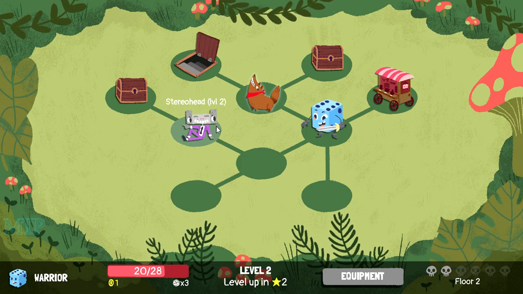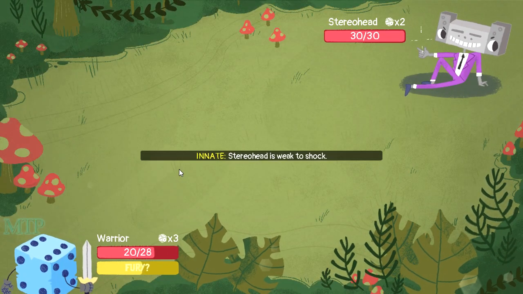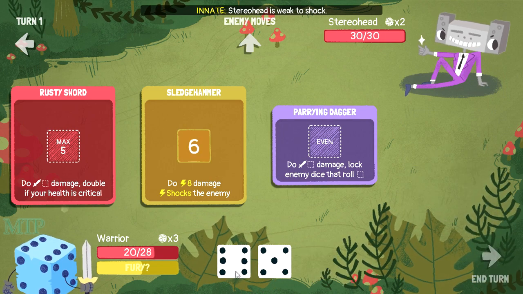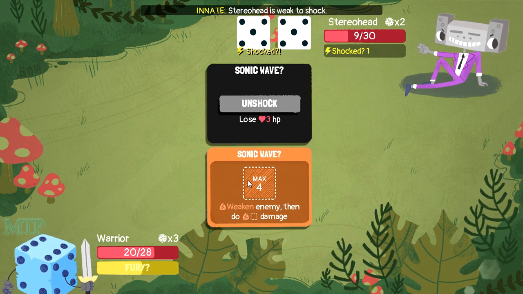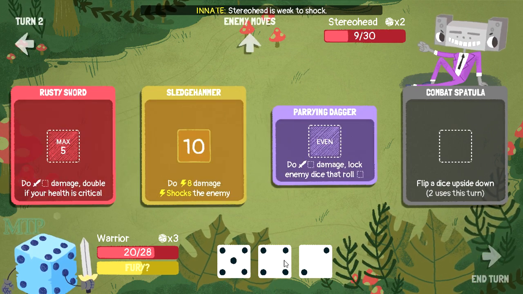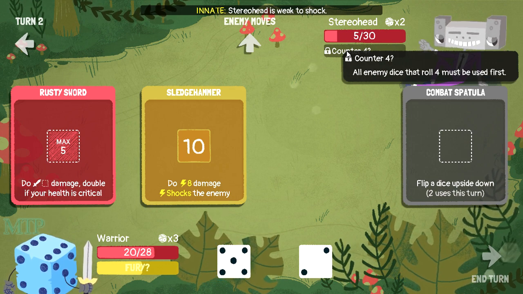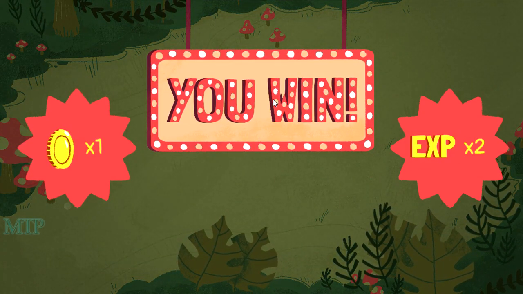Gosh, I really want to know why he's highlighted, but I want to beat Stereo Head first so I can go up and level before fighting Wolf Puppy. He's weak to shock, and I have shock. Alright. Nice. Sixes. Take the shock, boyo. Look at that. Nice. So, now I can do that. A roll 4 must be used first. Wait, what? That seems weird. He's dead anyway, so we won't get to see what exactly that means, but